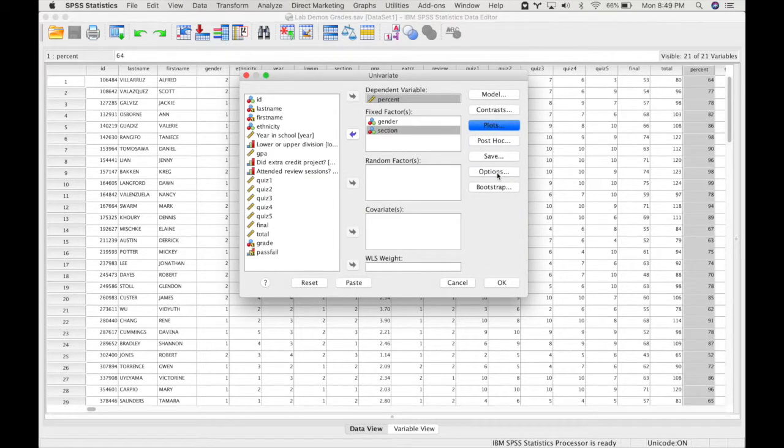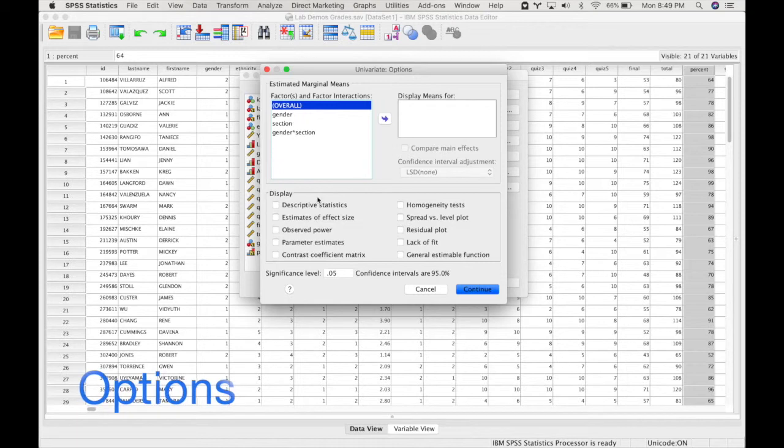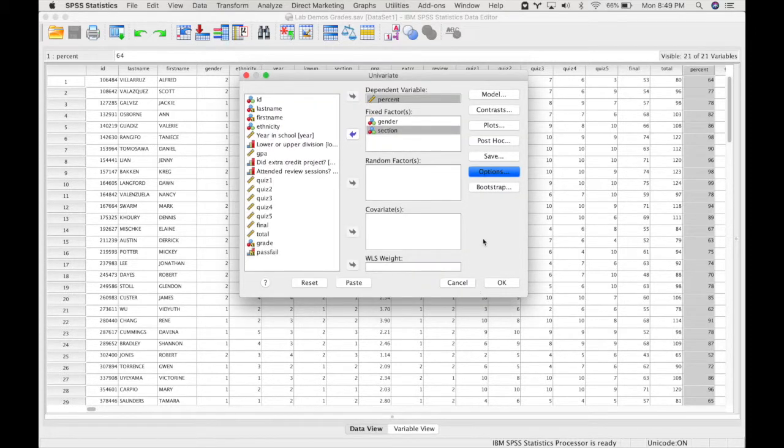In the options dialog, you have to click off 4 different items. The first one, descriptive statistics, effect size, observed power, and homogeneity. Because this is an ANOVA that is using between subjects independent variables, you need to do a test of homogeneity of variance. So then you press continue,